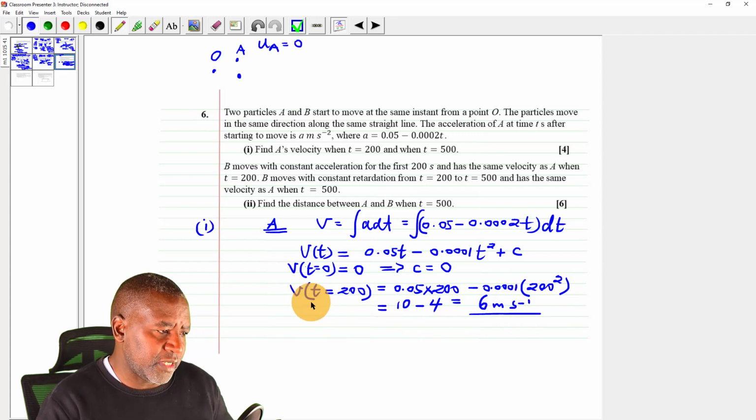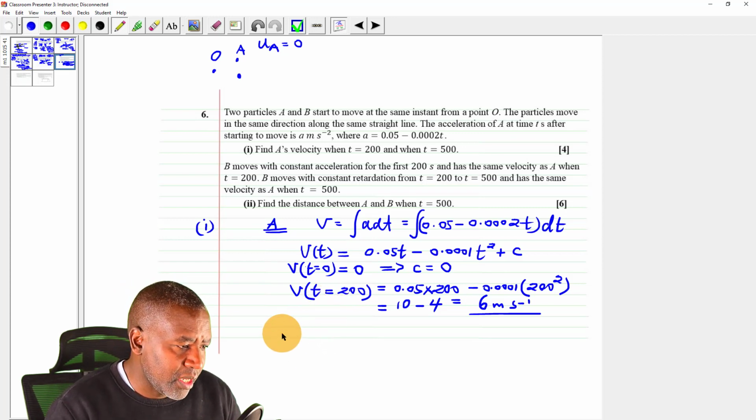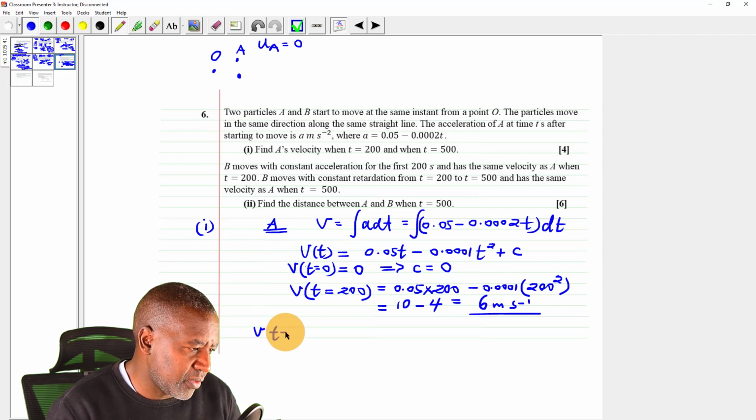That is the value of the velocity of A when t is 200. How about when it is 500? So v when t is 500, we repeat the same expression. Find that this one will be